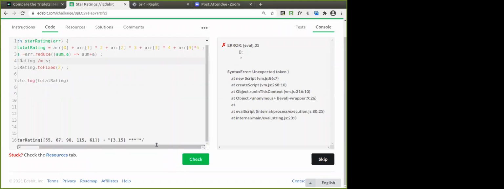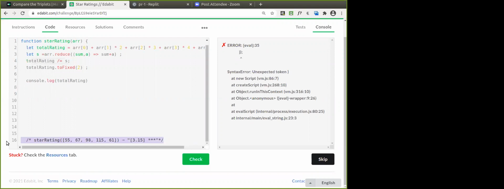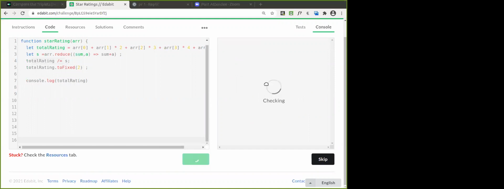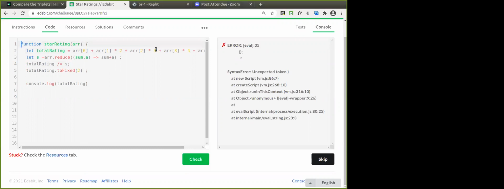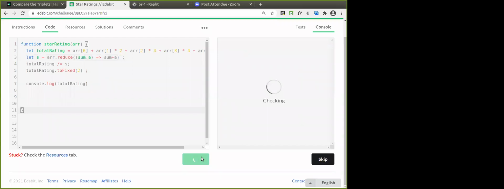We did not close. I think this one, this line maybe. Eval of 35. Where did we give 35? Array dot reduce of sum comma this one. Function is not closed. Okay. Good. Good. Thank you. Thanks, Rohit.